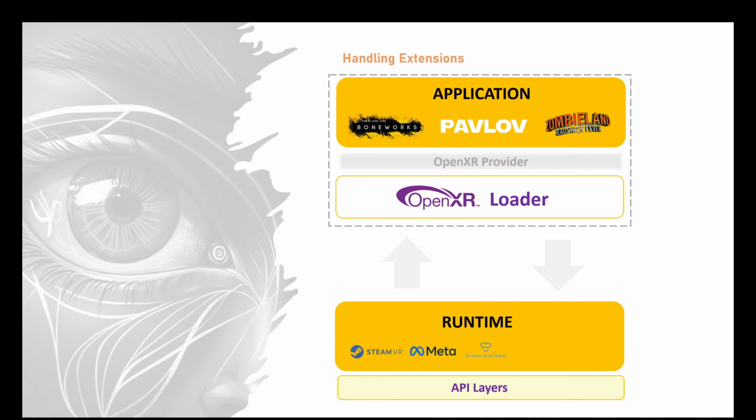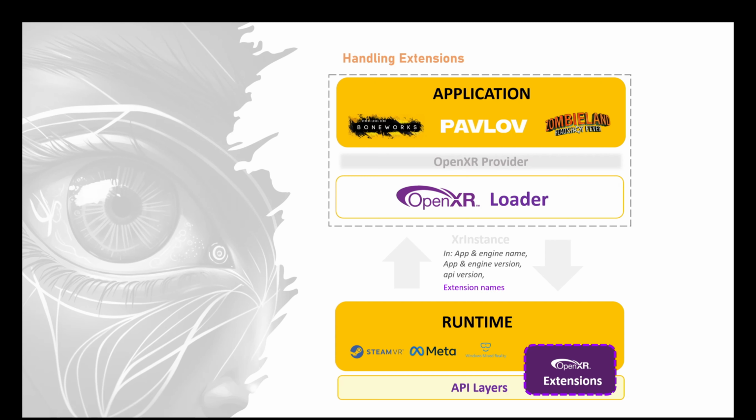Alrighty, so looking back at the helicopter view of an OpenXR environment, we know that the OpenXR extensions can be implemented by either runtimes or API layers. In the last tutorial, we created an OpenXR instance and provided our app name and version number, as well as the engine name and version number and API version. Today, to inform the runtimes of the extensions that we wish to use, we'll provide it with a list of